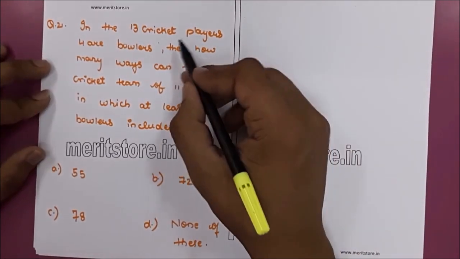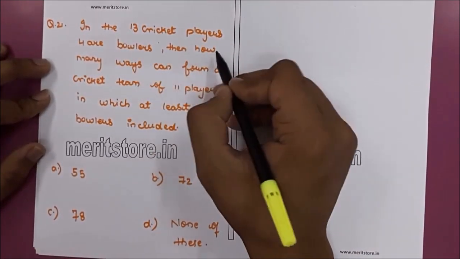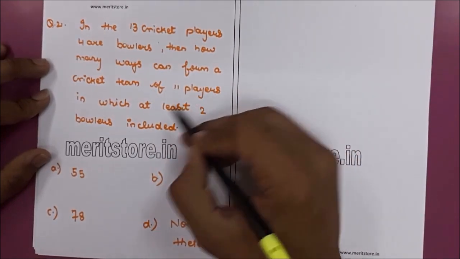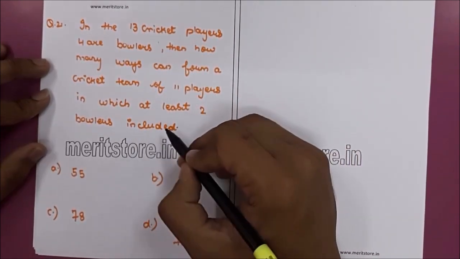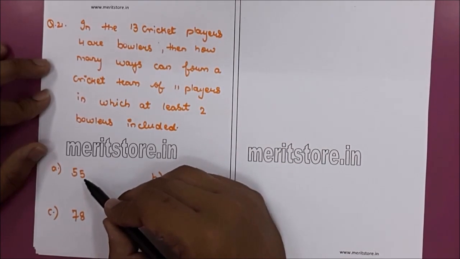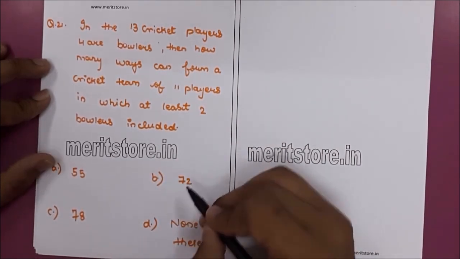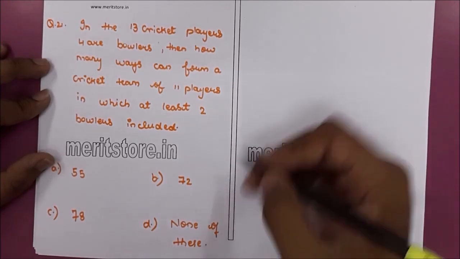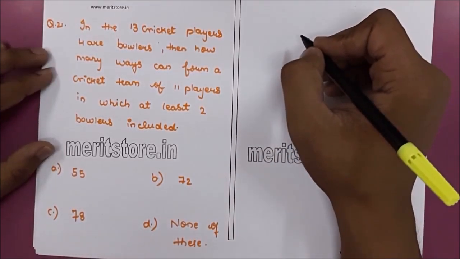In the 13 cricket players, 4 are bowlers. Then how many ways can form a cricket team of 11 players in which at least 2 bowlers are included? Option A 55, option B 72, option C 78, option D none of these. The number of ways can be given as follows: